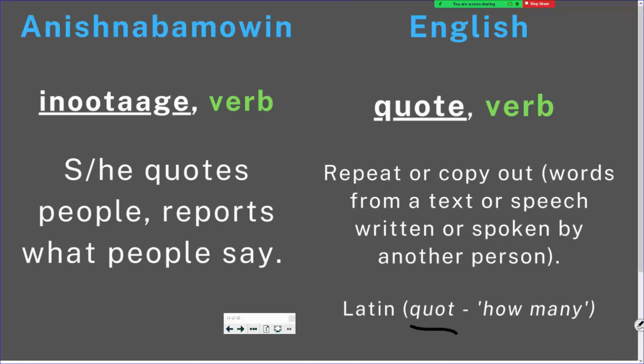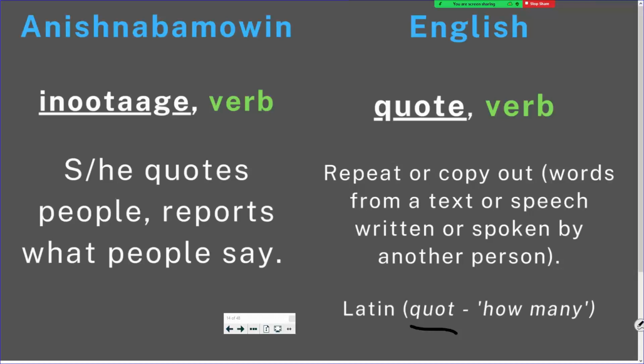And then this sort of goes back to the origins of language as we know it. So the oldest written language that we can find, produced by human beings, often had to do with just counting stuff. You know, how many horses, how many sheep, how many goats, how many bushels of hay, how many people, right? So a lot of our initial writing had to do with just counting how many of something there was. So that's the origins of the word quote.